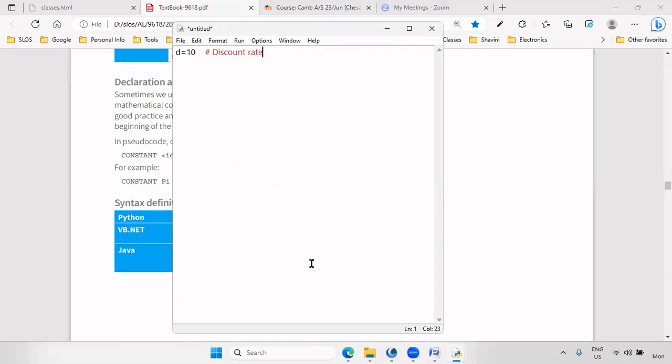Discount rate. So you can't put 10% there. You put 10. That means 10%. Amount. Input the amount. You are going to learn how to input. Bill amount. Usually you use the first letter. Amount equals